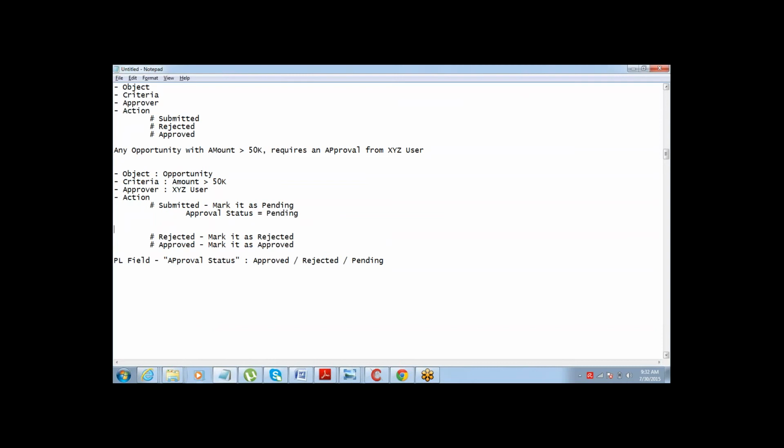The same way for rejected, I say if the record is rejected, go and update the field value to rejected. So that's what we have done there. If it is approved, then mark it as approved.